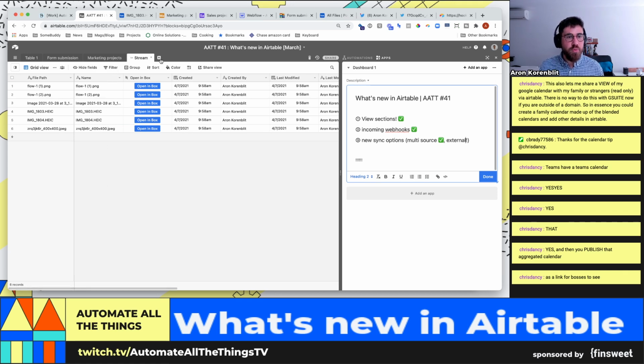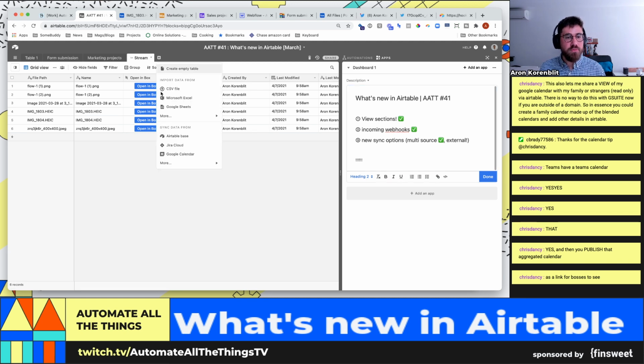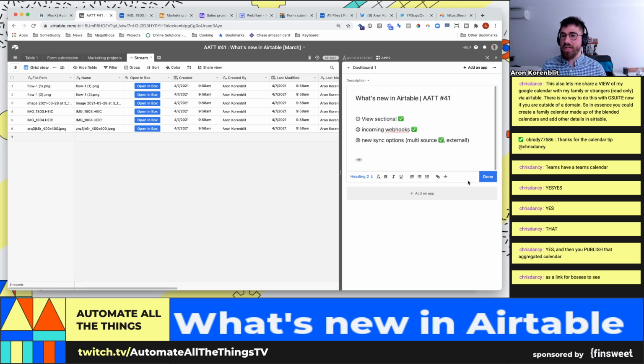Ultimately, these two primitives are super strong because it lets you assume that any of these third-party sources become fields in a table, and it lets you aggregate amongst them. So today was a lot of primitives. We did view sections, which was not a primitive at all. But then incoming webhooks, which is an escape valve to really not sync, but pull information from any third-party service